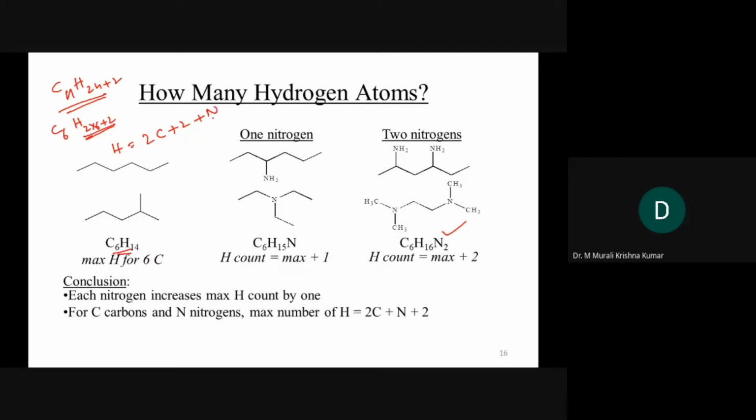So if you add nitrogen here, this is the number of nitrogens, and this is the number of carbons. Here the number of carbons is 6, so 2 into 6 plus 2. 6 is the number of carbons. That is this formula, and nitrogen we are adding over here. Other elements do not have much influence on the molecular formula. So friends, I hope you understood the concept, the way we got this formula. It's very simple logic. This is what we call the hydrogen rule.